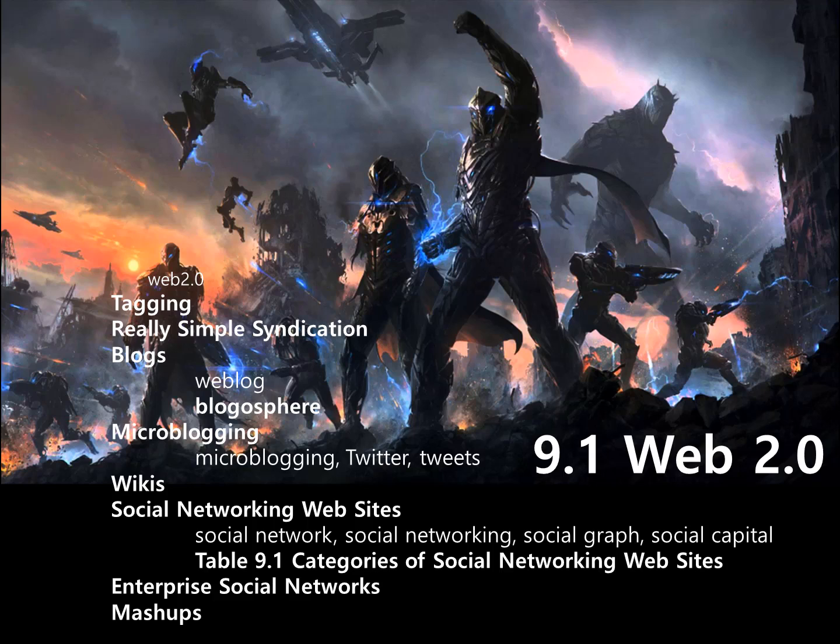Blogs. The word blog is a truncation of weblog, which is a discussion or informational website published on the World Wide Web, consisting of discrete, often informal, diary-style text entries or posts. Posts are typically displayed in reverse chronological order so that the most recent post appears first at the top of the web page. Blogosphere. The blogosphere is made up of all blogs and their interconnections.